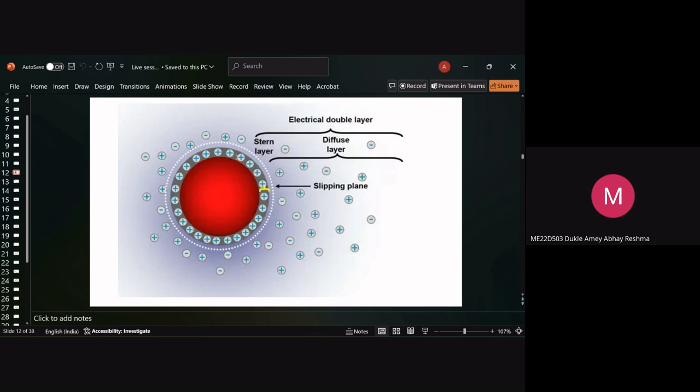Whenever a nanoparticle is present, a charge is formed on the nanoparticle surface, because there is a very high surface area to volume ratio. So there is a high level of charge on the surface. What happens is that an opposite charge is always building up. For stability, there will always be an opposite charge. Here you can see there is a nanoparticle. Because of its small size, there is a surface level charge that is being distributed across the